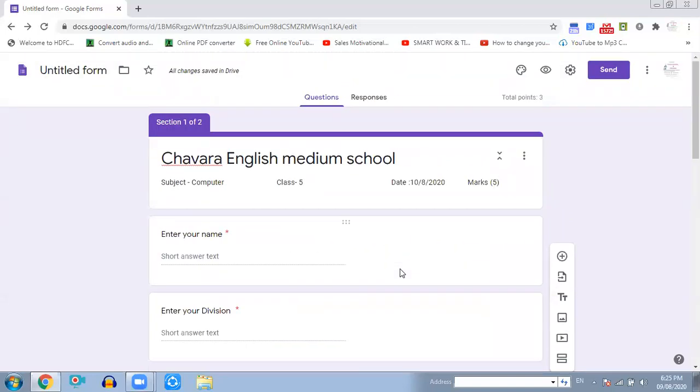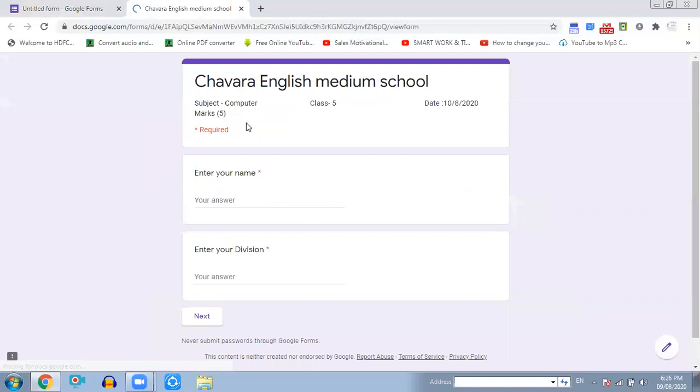Now we are going to create a link. But before that, if you want to see how your question paper would appear to the students, you can check it with a demo. You can see the demo with the help of preview. So click on this eye button, which is for the preview. Go upside and click on this. Then here it shows the instruction: star means required.